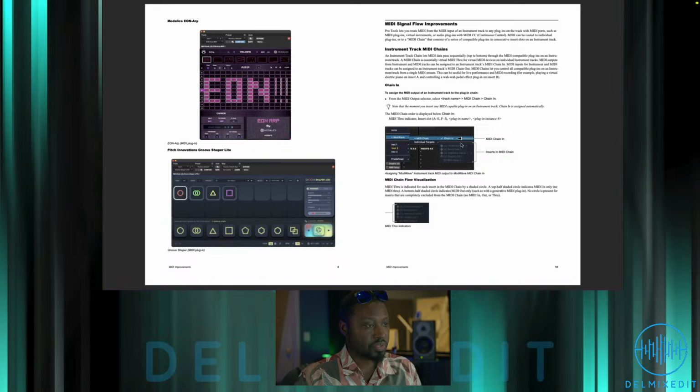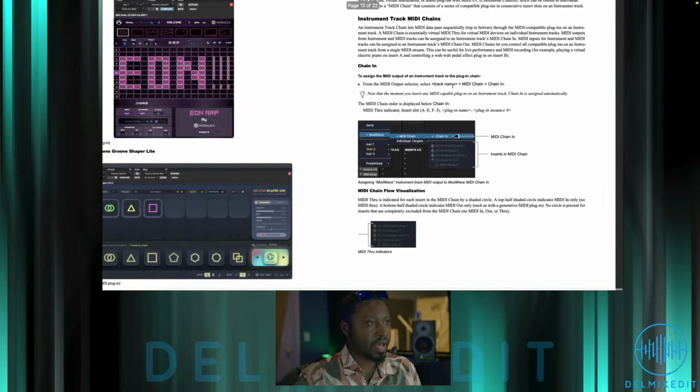And you can see here it shows you what the chain is, inserts in that particular chain that you bring up. All right, let me just read this because I think it's important to say this out loud. An instrument track chain lets MIDI data pass sequentially top to bottom through the MIDI compatible plugins on an instrument track. So keep that in mind, it's an instrument track. A MIDI chain is essentially virtual MIDI through for virtual MIDI devices on individual instrument tracks. MIDI outs from instrument and MIDI tracks can be assigned to an instrument track's MIDI chain in, MIDI inputs for instrument and MIDI tracks can be assigned to an instrument track's